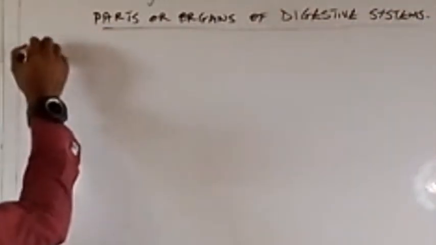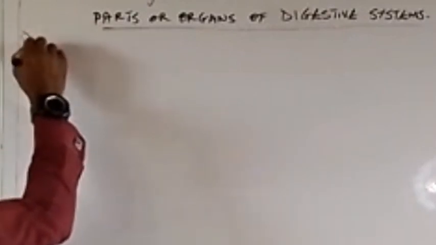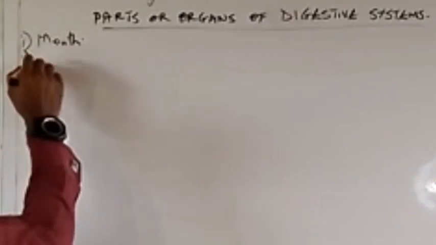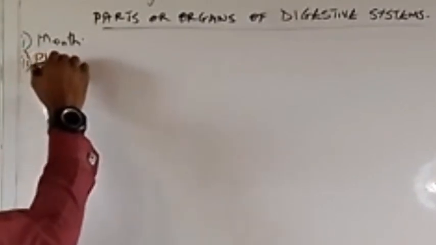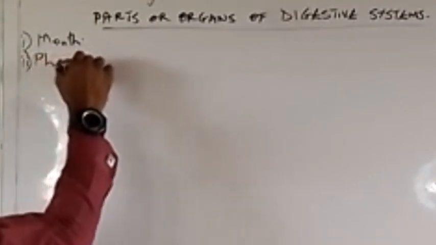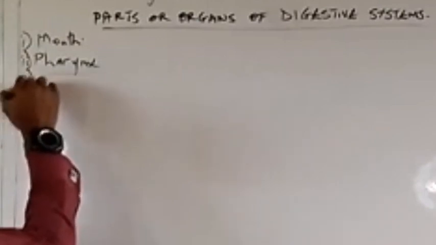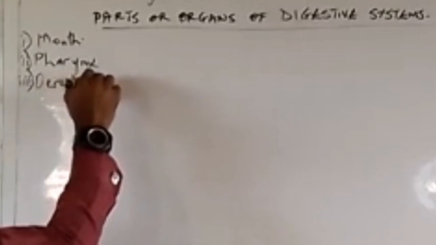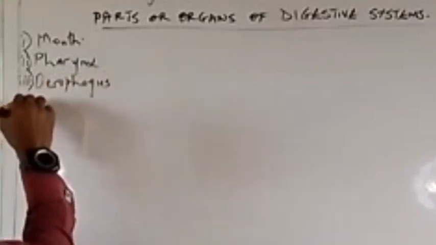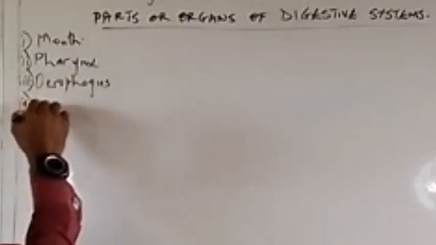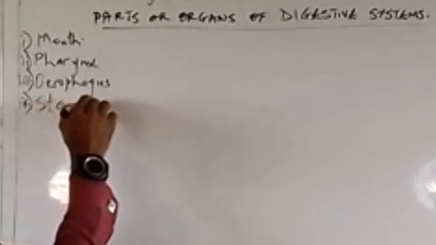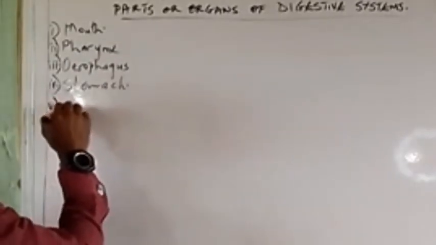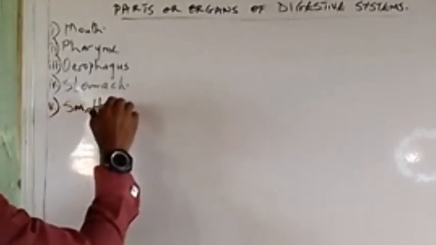The organs of the digestive system: the first one is the mouth. Number 2, we have the pharynx. Number 3, we have the oesophagus. Number 4, we have the stomach. Number 5, we have the small intestine,